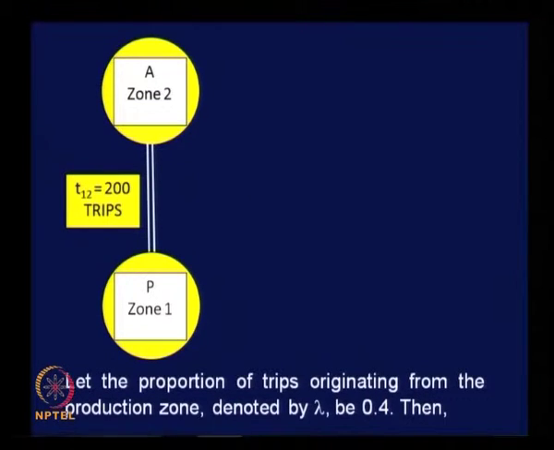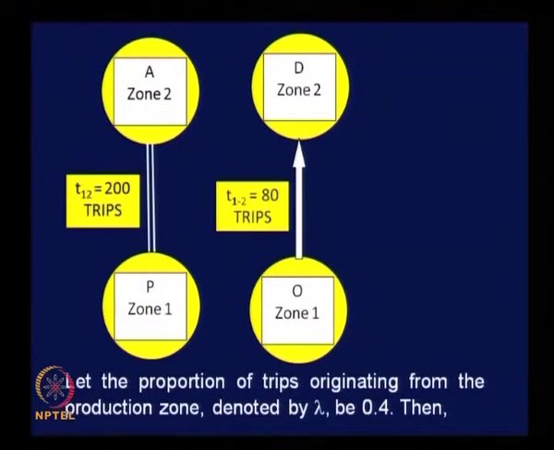Once you have this information, then put in this information here to get OD information. Then I can say that number of trips originating from 1 and destined to 2 is 0.4 into 200, which is 80 trips, isn't it. 80 trips are originating from 1 and destined to 2,